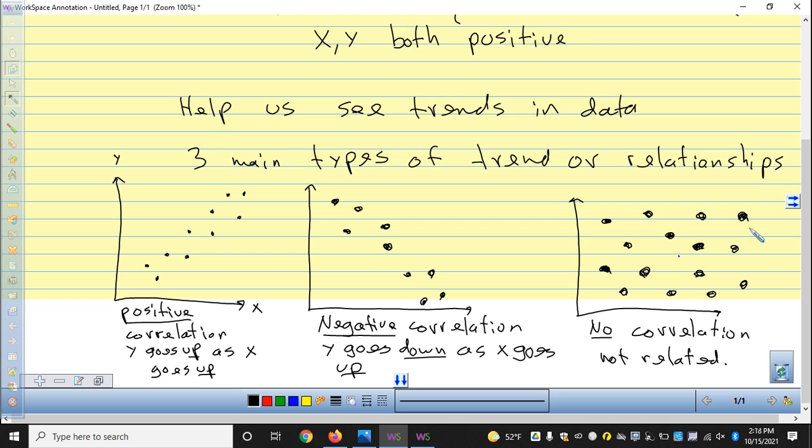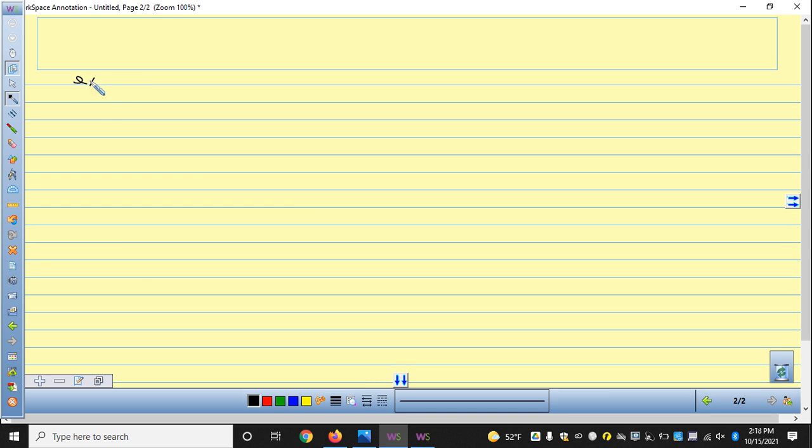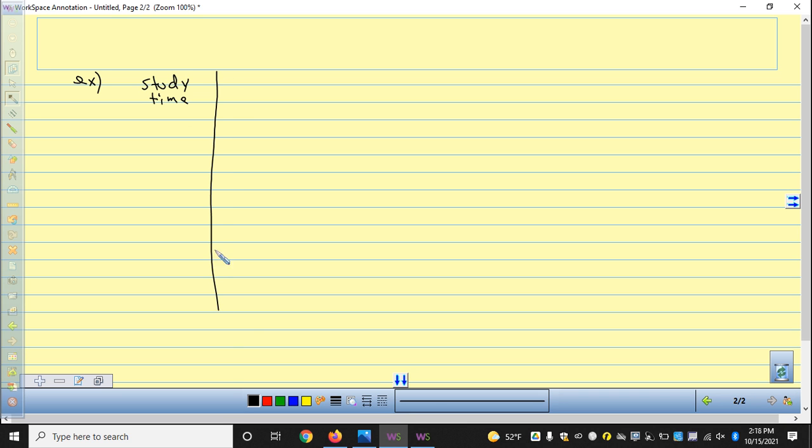Okay, let's talk about how we construct a scatter plot. It's super easy because we really already know how. So let's say we collect some data over how long a student studies and the grade that they get on a test. So we collect this data, and if a student studies 7 hours, 88,